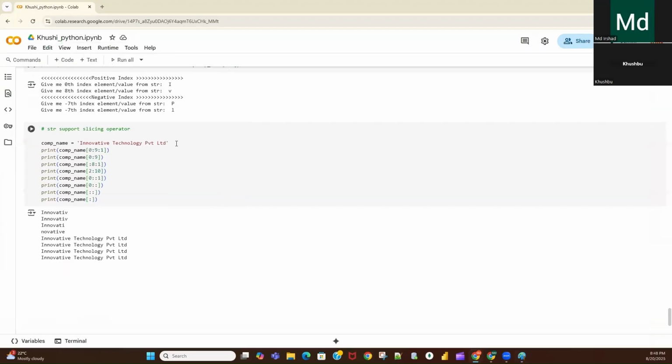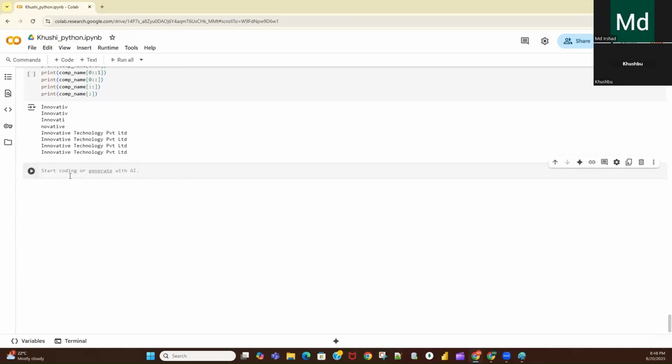Okay, so this is our code. Slicing operator when the step is negative. This is my string.